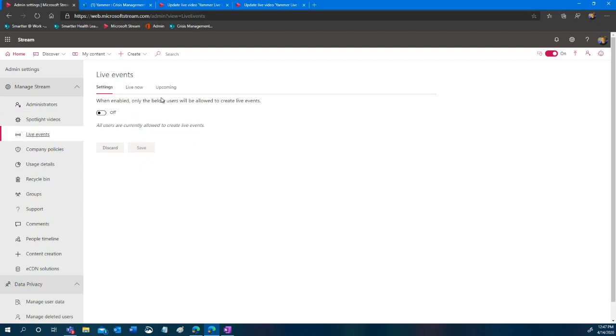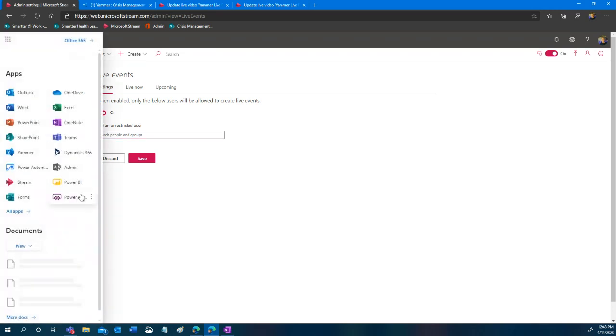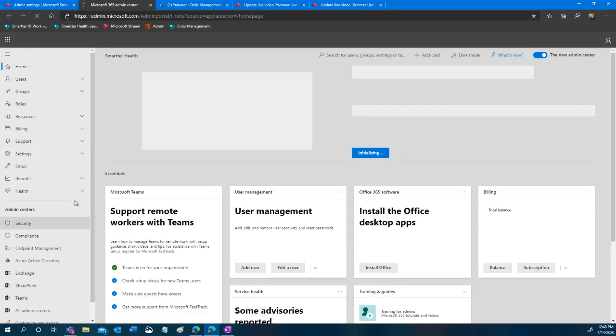So I can come here and make sure it's enabled. Now, number one, first thing is this. If you haven't looked at this, it says off. Most people just glance at this and think, oh, nobody can create them until I turn it on. It's the exact opposite. When you turn this on, only those that you add, people and groups, can create live events. But having said that, if we create this here, I still have to make sure that in Teams, if I want to do a Teams live event,